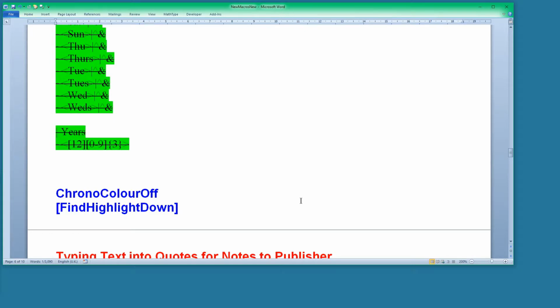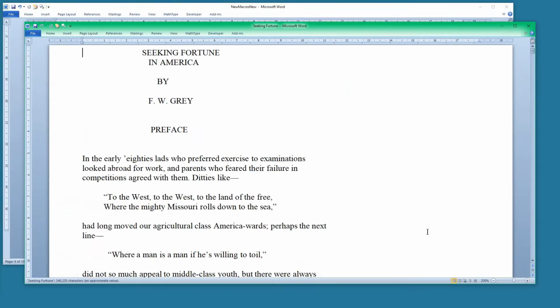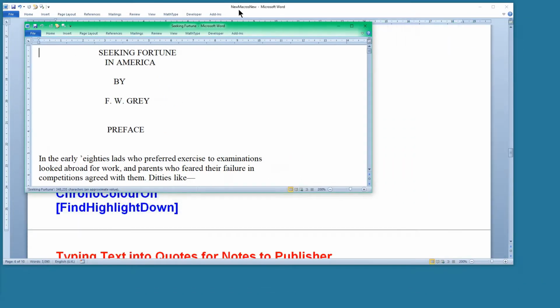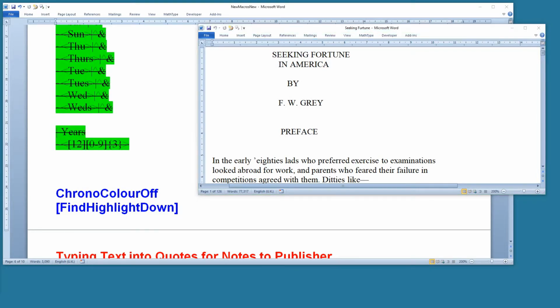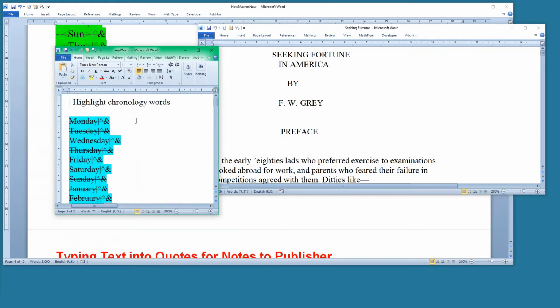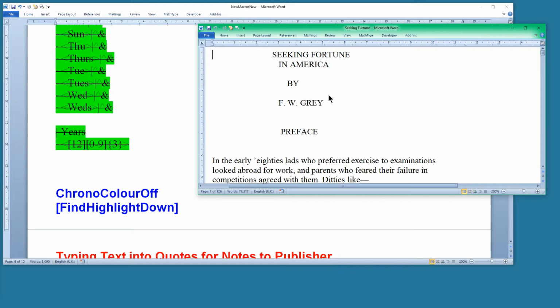Okay, and years as well. So what if we just try that out? If we have a book, use Gutenberg to find me one. So if I open my book, which is Seeking Fortune in America, we can run that Fredit list, which I've got here in a separate file so that it's at the beginning of the file. So if I run Fredit, there are 52 of them in that list, so it's working